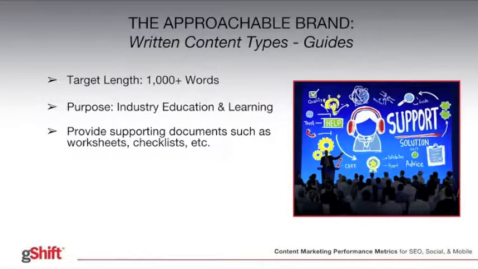Next up, we're looking at guides. So guides are obviously a longer format. You want to aim for probably about 1,000 or more words. These are usually done in a downloadable fashion. So you might actually have a blog article that goes along with this that talks about what's in the guide, like in this guide, you're going to learn A, B, and C. So you can actually have a supporting blog article used to generate the downloads of a guide.